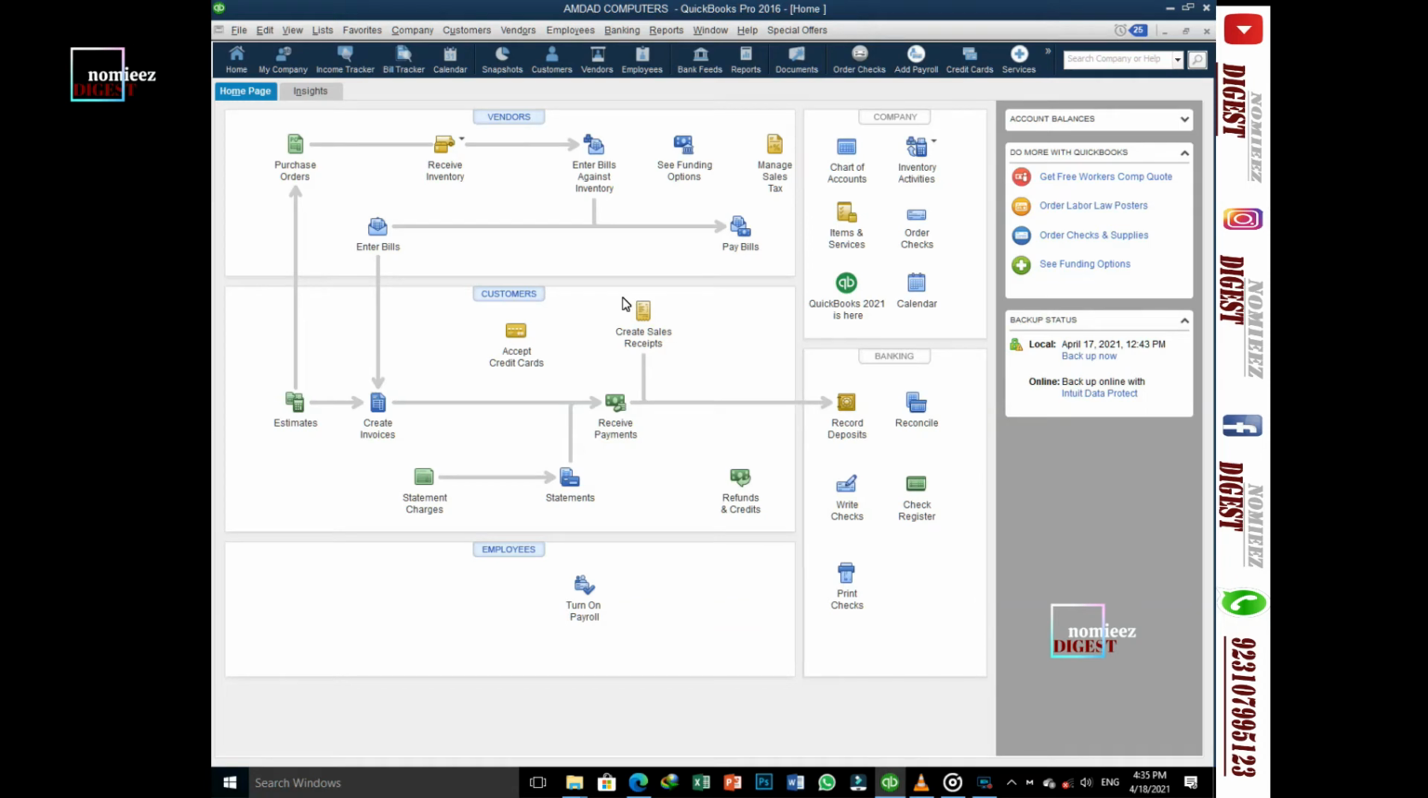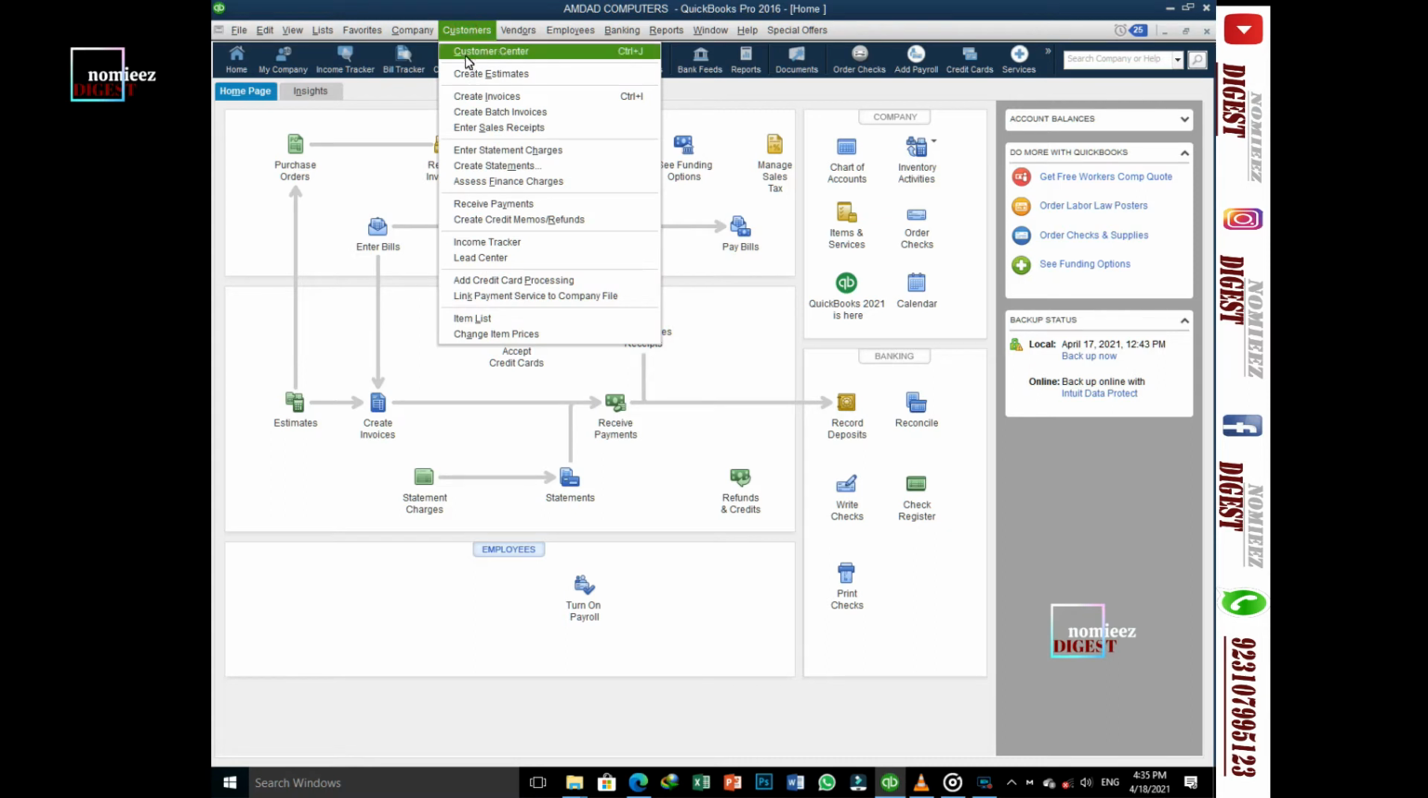And now we will learn how to create multiple invoices at once. Whenever we sell the same product of the same quantity at the same time to different customers, we need to create multiple invoices. So for this, what we have to do is just go to your customers. In the drop down, go to create batch invoices,